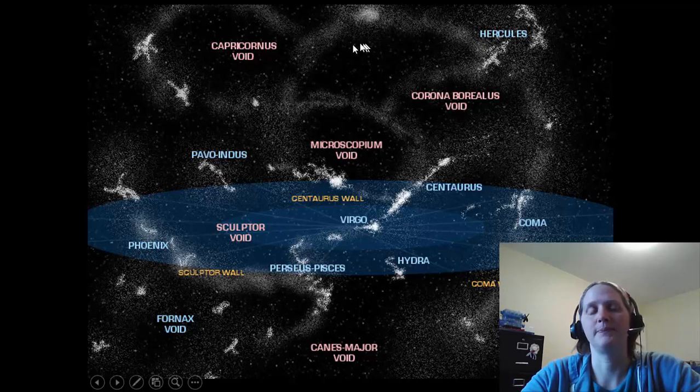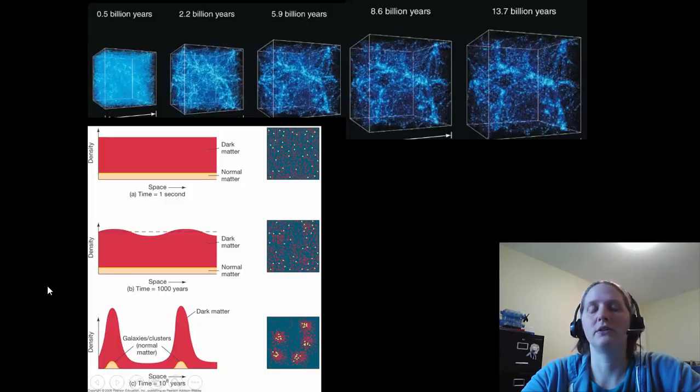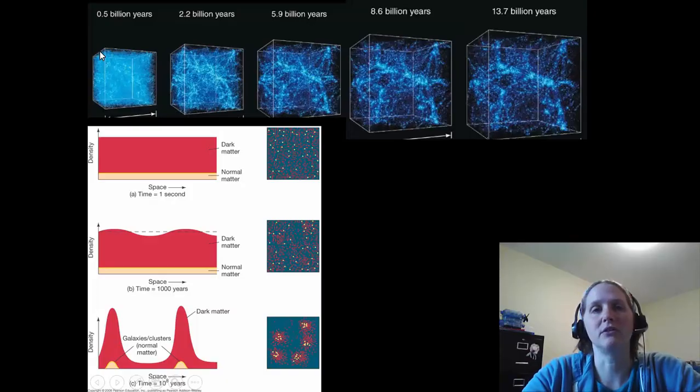We call them voids. And it turns out that the spacing and the pattern of these filaments is very dependent on the amount of matter and dark matter and energy in the universe. So what we do is we do a large number of different simulations testing out what the universes look like with a little bit more matter or with a little bit less energy. And this is what our universe seems to have done.